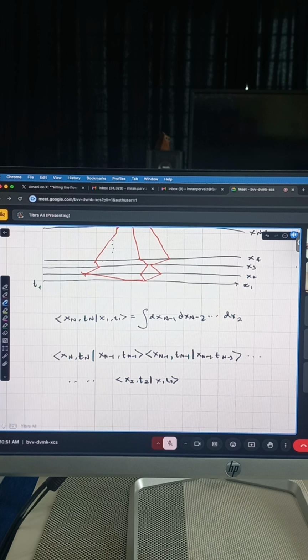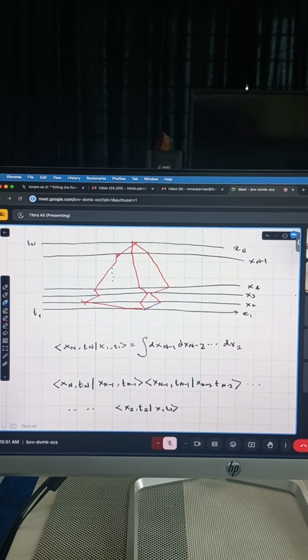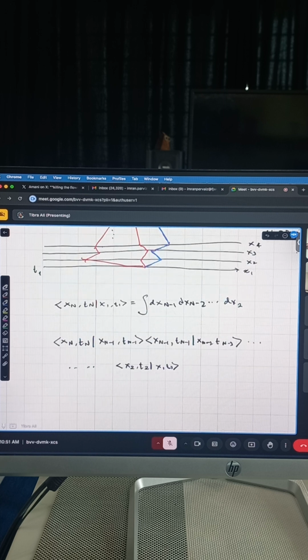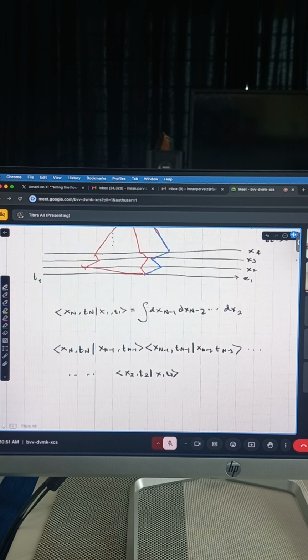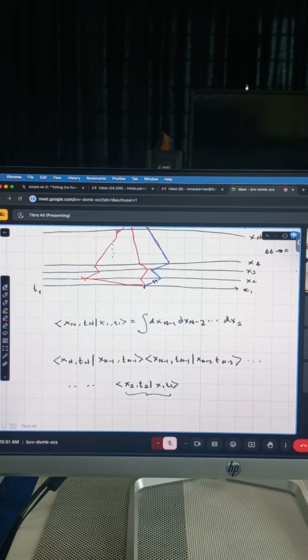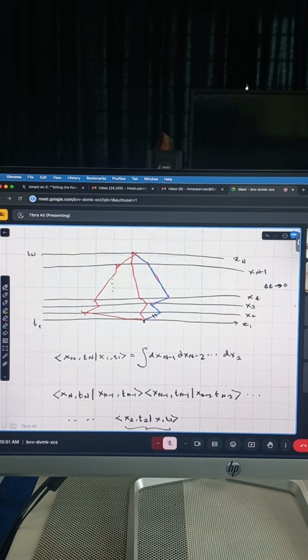If delta t is small enough, in the limit where this goes to 0, each of these factors will contribute, for each of these paths, an exponential of i by h bar of the action that is associated with that little bit of path. So if I take one path from the initial point to the final point, for that path,